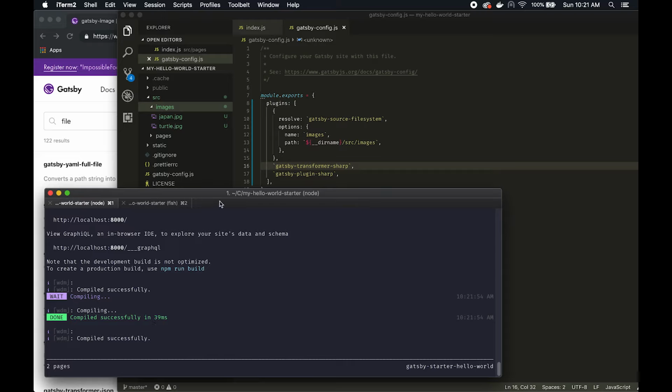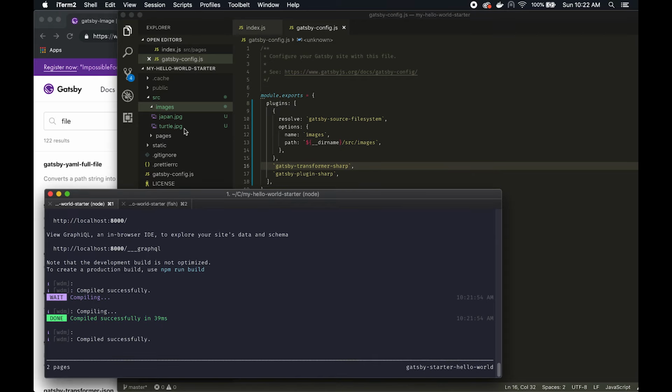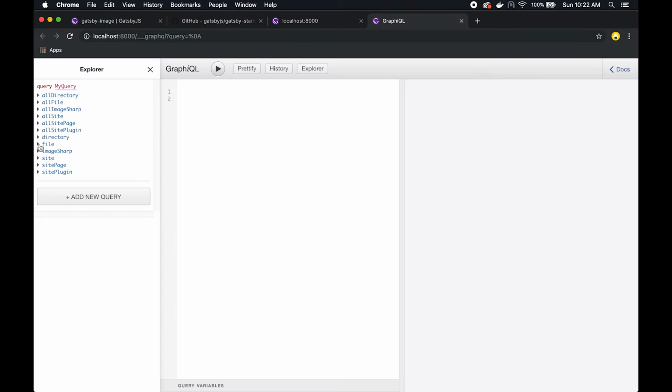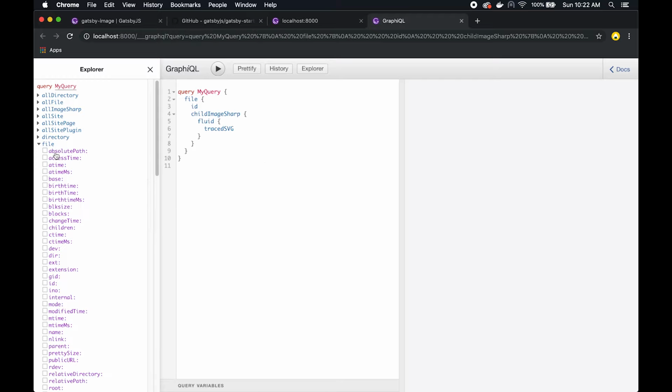Okay, so how do we know if Gatsby is actually able to see these images via the GraphQL queries? Well, we can go to their GraphQL graphical interface and take a look at it there. This is what it looks like. I'm going to probably start with something that looks like this. You can clear it out. So if we click on the file,